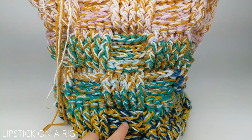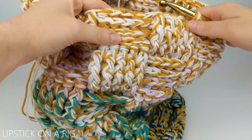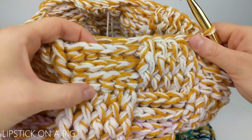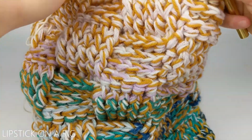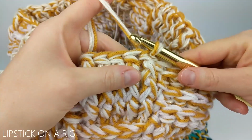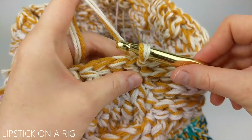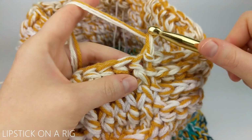And I went ahead and crocheted this until I had 5 sections of my checkered pattern. And my very last section only has 3 rows. So you can adjust this number to whatever height you want. And from here, I'm going to show you how to make the handles. So all we're going to do for our next row is chain 1,